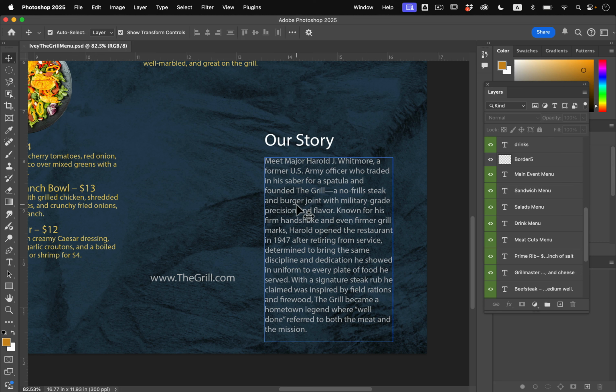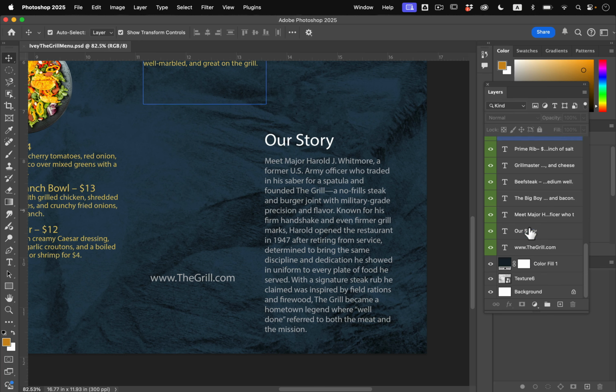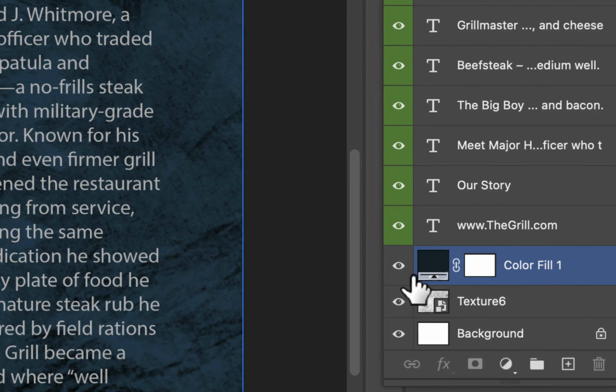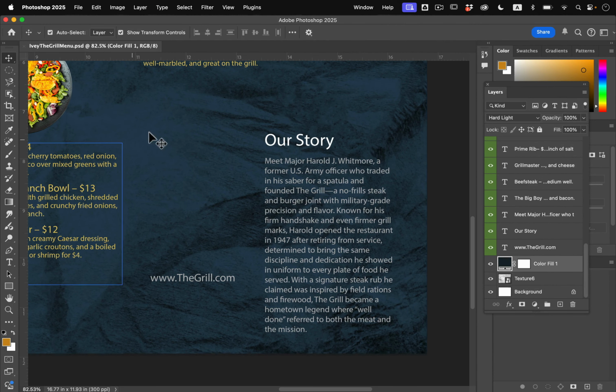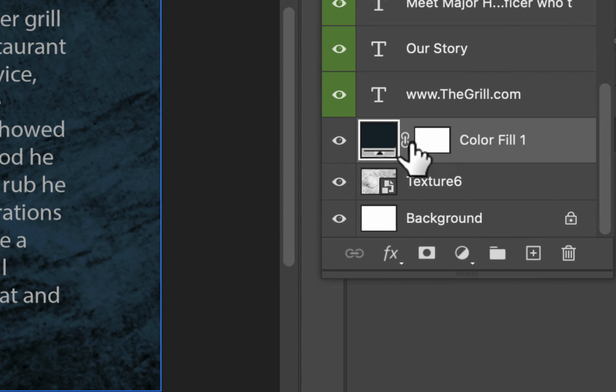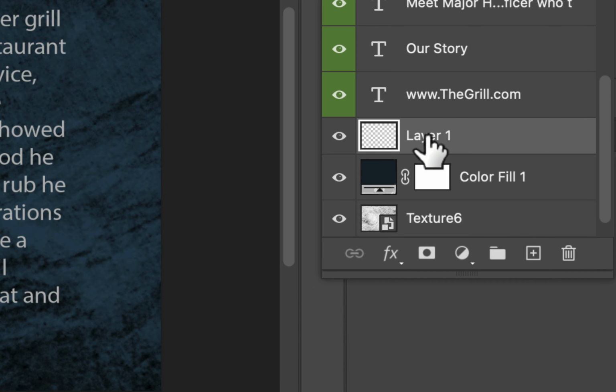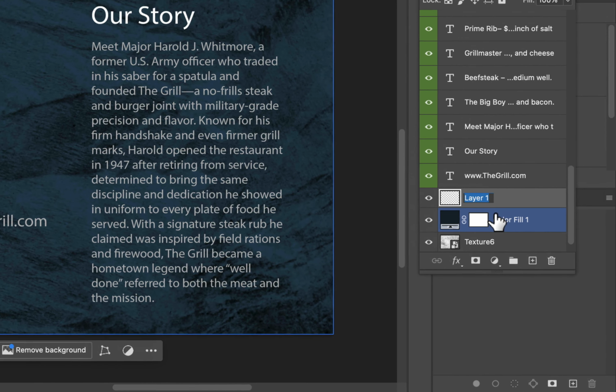Now, in order to make this stand out, let's give it a little bit of a background that contrasts with the blue, but also mixes in with the colors that we're working on. In order to work on the background of it, let's go to our Layers panel, go to the very bottom, and let's choose the Fill Color layer on top of here. What we want to do is select just this area and fill it in with a solid color. So with the fill color of blue or whatever color you chose, let's make a new one on top of it, and let's call this Our Story